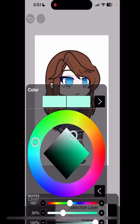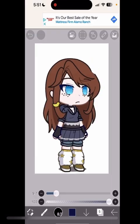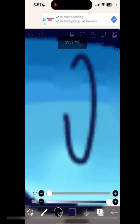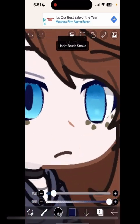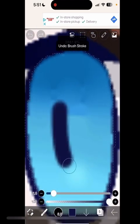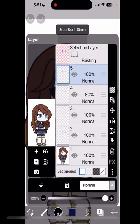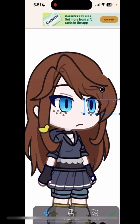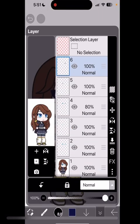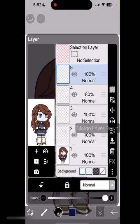And then you go over all of that, and you know how you saved your pupil color? Yeah, you want to go over there to that again. Then try to even it out with both of them. Try to make both pupils in each eye even, because, you know, you can see I'm kind of struggling here. I'm just going to copy and paste. Okay, why is that bigger than the other one? Oops, okay. Let me...